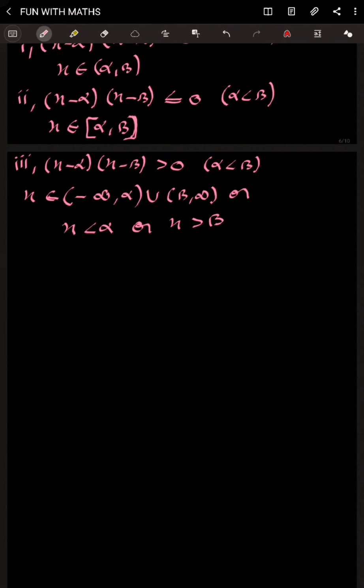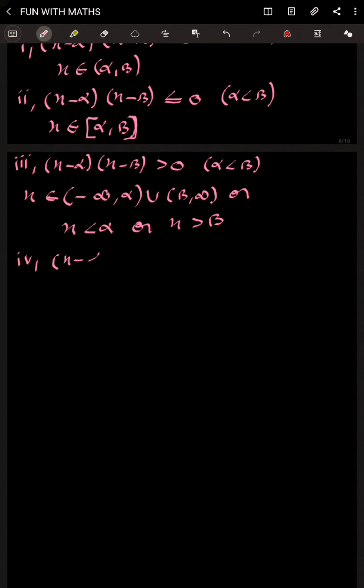So x minus alpha into x minus beta greater than 0, then x belongs to open bracket minus infinity comma alpha union open bracket beta comma infinity, or we can also write x is less than alpha or x is greater than beta. So next one,